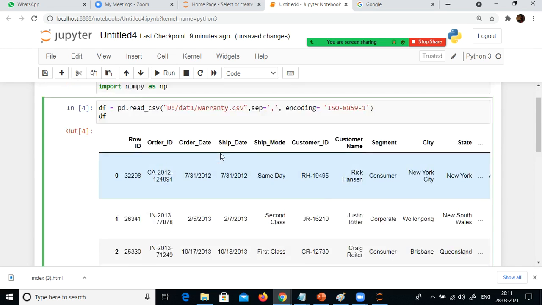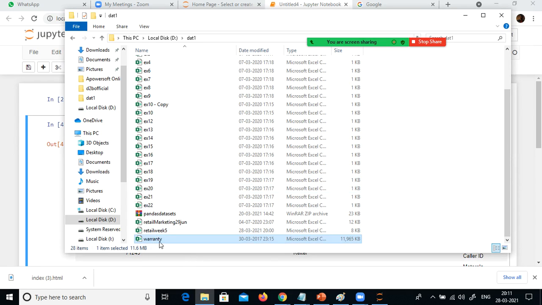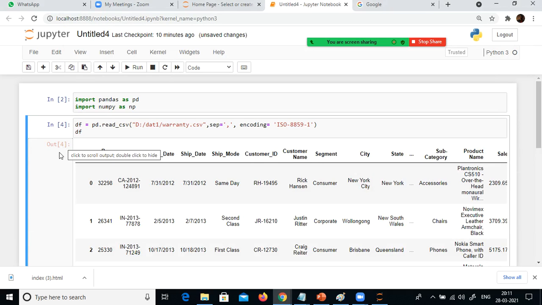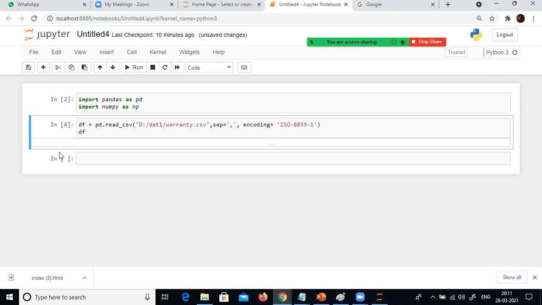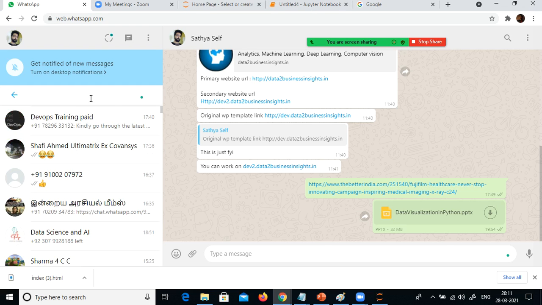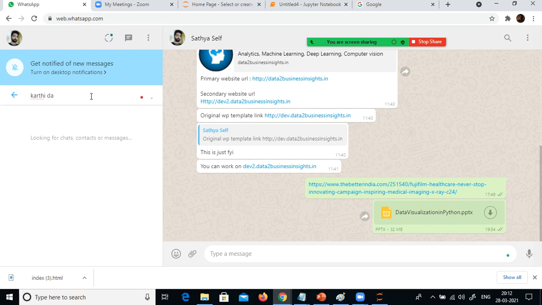Okay. One second. How can you find the file, sir? Warranty workspace. It is there in my laptop. Okay, I'll share it. Don't worry, I'll just send you that. So warranty.csv. I will share all the data files in GitHub so that you will be prepared. When you get into the call, if you keep everything ready before the call, you can start practicing along with me. Or else I'll send it right away. It's a little bit WhatsApp. You can use it.